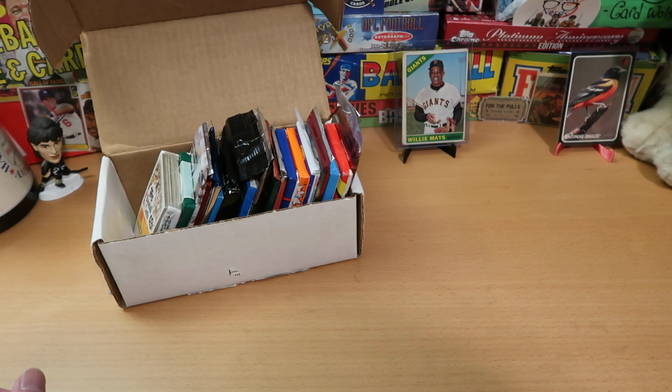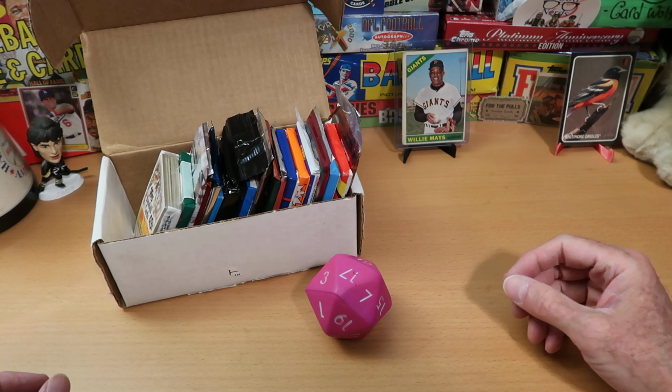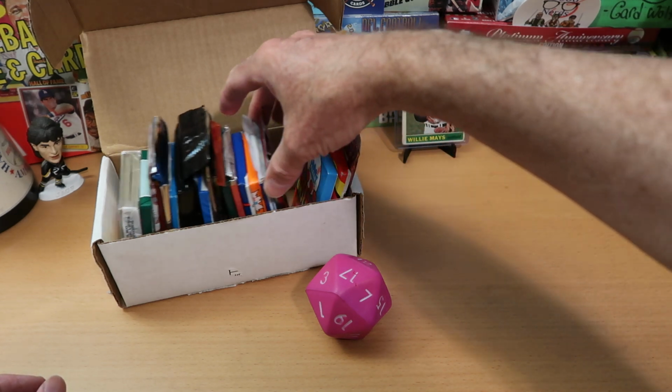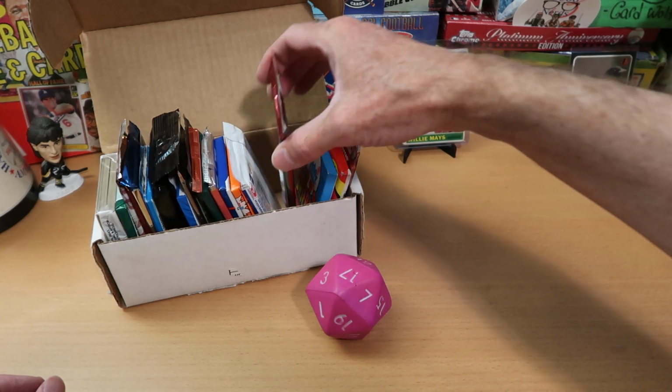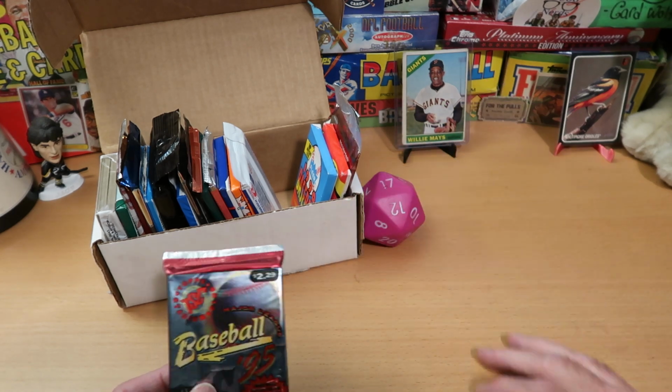All right, it is time to do some dorking with dice. Let's see what our first pack is going to be today. It is pack 17. That's awesome. Though I never talk about it, I always put something a little better in pack 17 because we roll 17 a lot on this channel. It's very strange. This is a foam die, so it's not weighted in any weird way, but we sure do